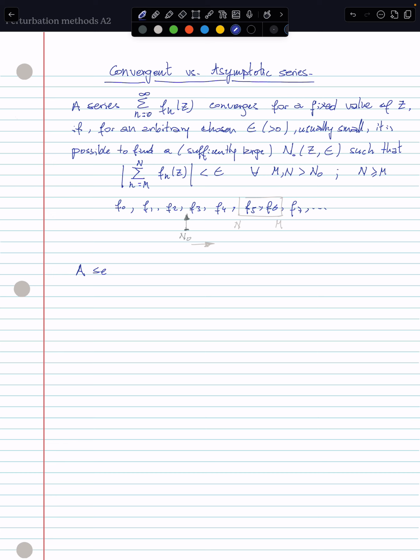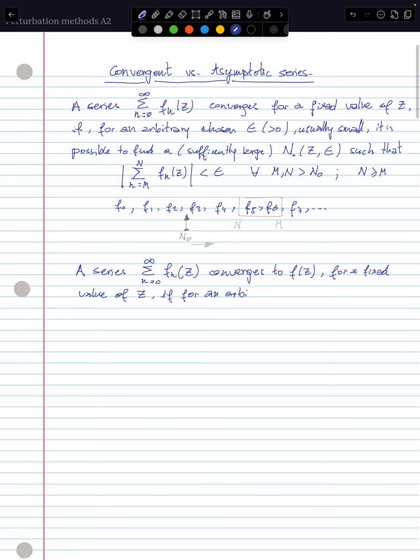And so in the very same manner, we say that this series converges to a certain function, let's call it f(z), for a fixed value of z, if, again, for an arbitrary small value of epsilon,